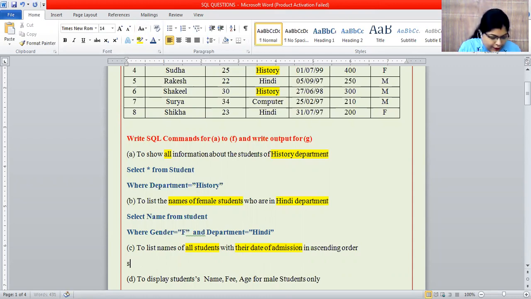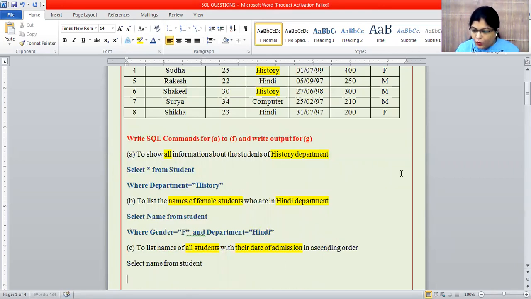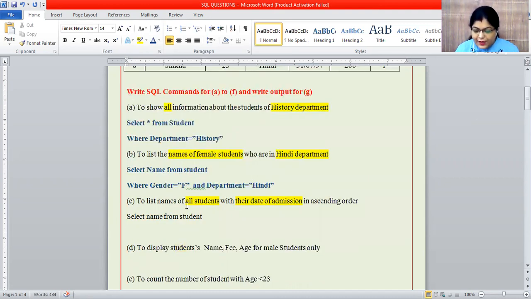So what we have to write is select name from student. Next, what they demand is to list the name of all students with their date of admission in ascending order.